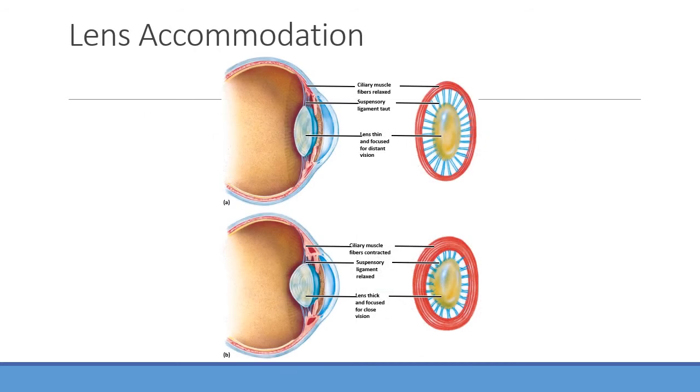That's a Snellen chart. And here's a good picture showing you the lens and how it can change based on what we need to accommodate. The ciliary muscle relaxes, and you find these ligaments become more taut. That lengthens out the lens and makes it more flat, which is good for viewing things that are far away. Whereas for things that are closer up, we want constriction of the ciliary muscles. That loosens up those ligaments and allows the lens to become a much more globular, circular shape, which is better for near vision.